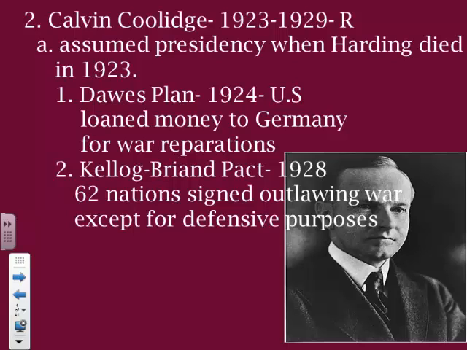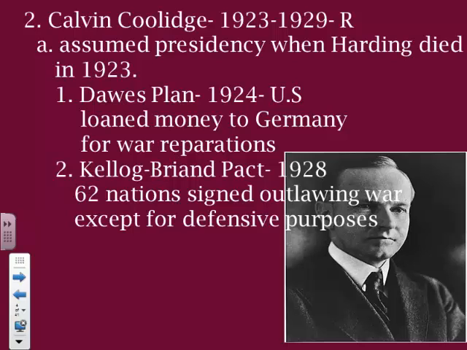2 things I want to address while Coolidge was in office. He continued the trickle-down approach and less government involvement in business. But foreign policy-wise, the United States decided through the Dawes Plan to make some loans to Germany. Germany's economy was struggling because of the Treaty of Versailles, and the United States felt some sympathy for Germany. So through the Dawes Plan, the United States loaned money to Germany so Germany could make their payments, war reparations